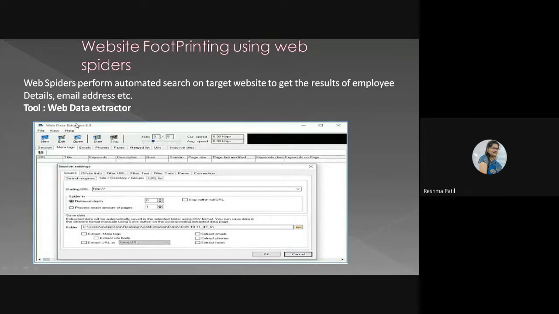So this is the Web Data Extractor tool. Write down the name. You can try it later on. You can download this tool and mention the result of this tool if available. Mention that result in a Word file. If you are getting personal details of organizational employees, then you can write it there.